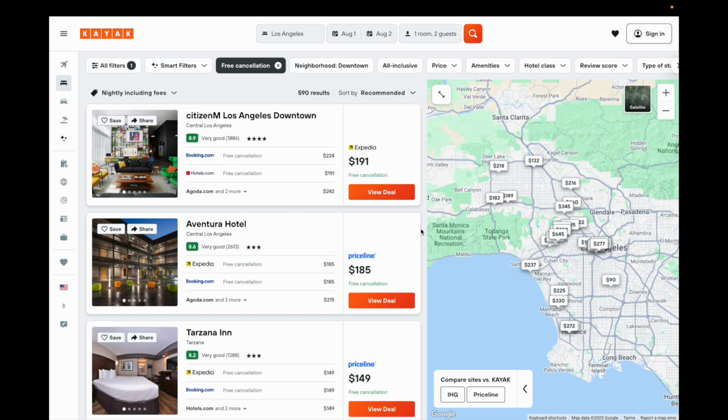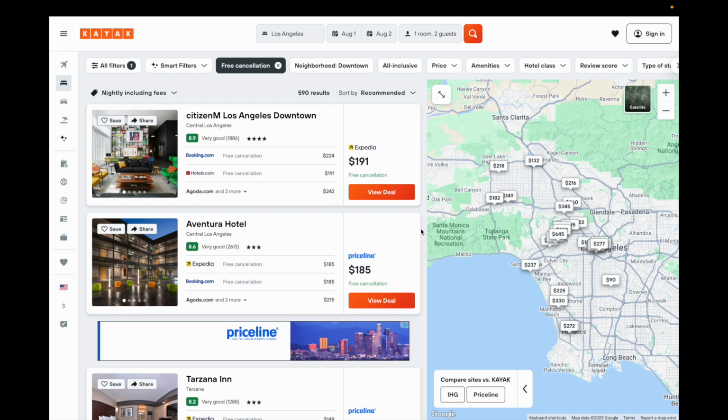Now once that is done, what your search is going to be refining to is different hotels that offer free cancellation. So very simple, very straightforward. This is how to book a hotel with free